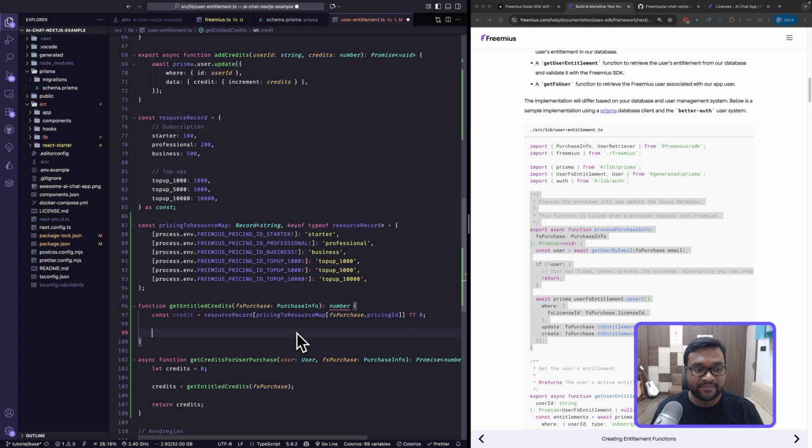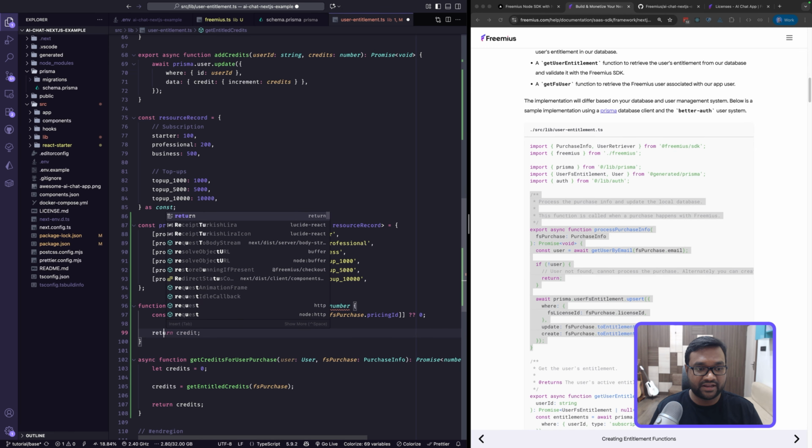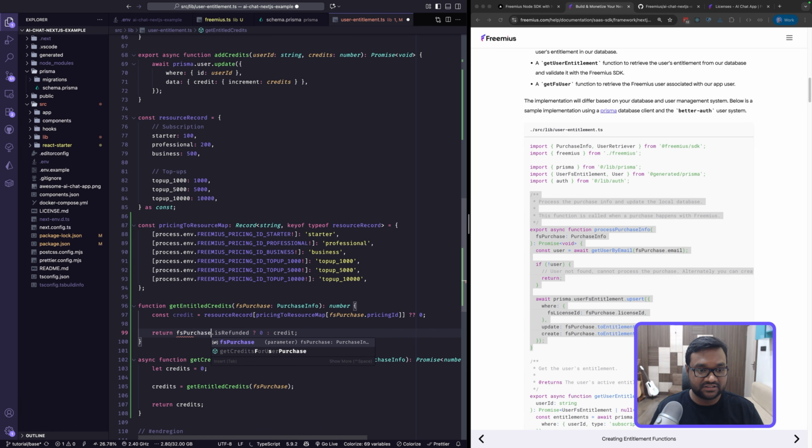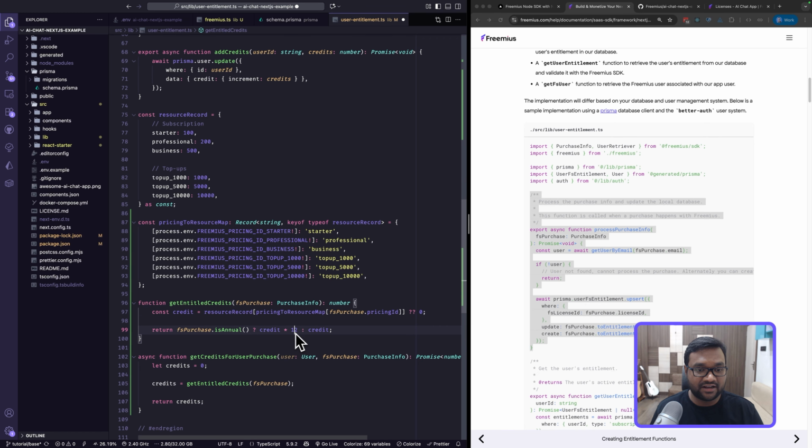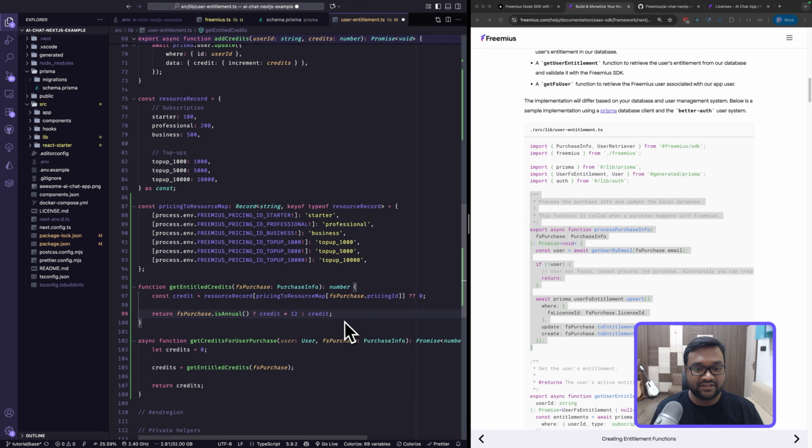Now one other thing is that we are promising 100 credits per month for the starter plan. Similarly, 200 credits per month for the professional and 500 credits per month for the business. However, the purchase itself can be annual. Now there are ways to implement this. To keep things simple, what we can do is check if FS purchase is annual, then we can give the annual credits upfront, or we can give the credit that comes with the purchase itself. Now we will also see in the future how the renewal of credits will work out through webhooks, but for now